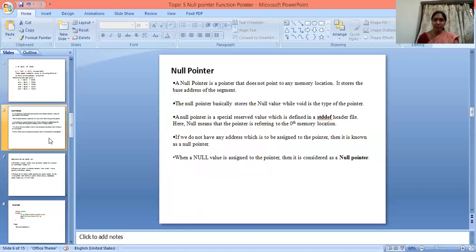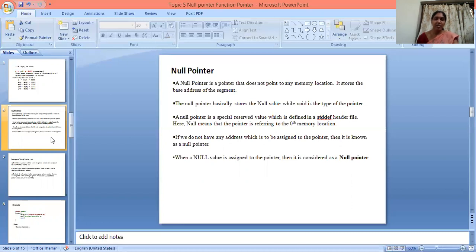Next, null pointer. A null pointer is a pointer that does not point to any memory location. The null pointer basically stores the null value, while void is the type of the pointer. A null pointer is a special reserved value which is defined in the stddef header file.